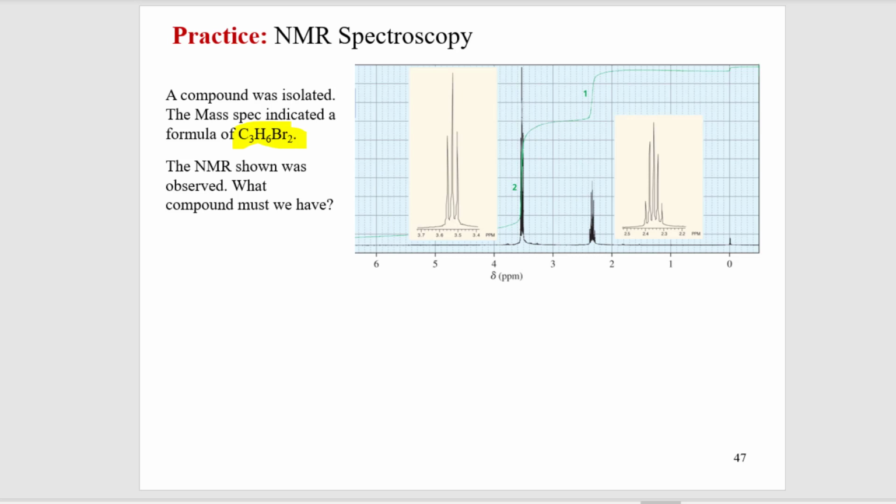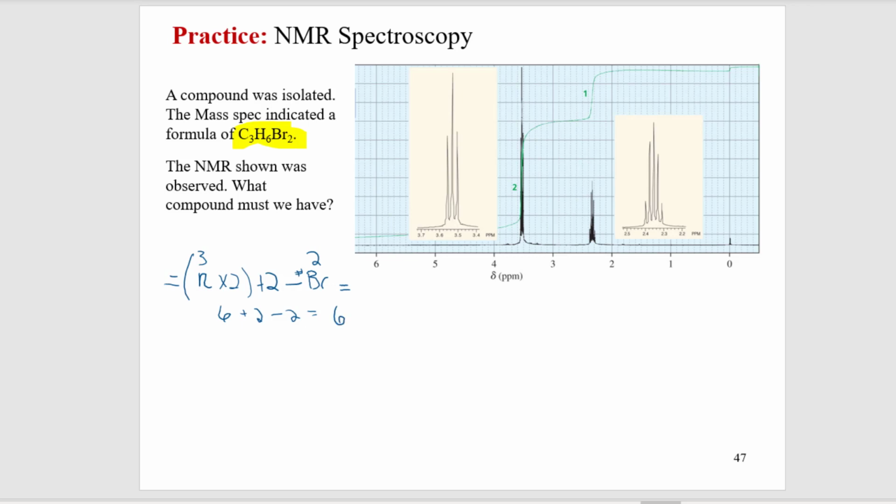Maybe I should try the degrees of unsaturation first. So degrees of unsaturation, I take the number of carbons, right, which is 3, there's 3 carbons, times 2, plus 2, and I subtract out the number of bromines, and there's 2 here, right? What does that give me? That's 6 plus 2, 8, minus 2,